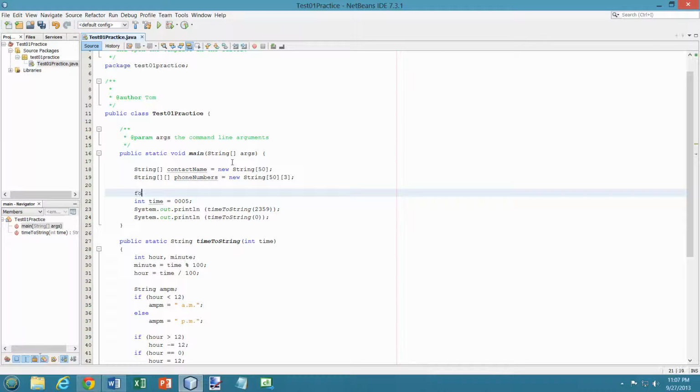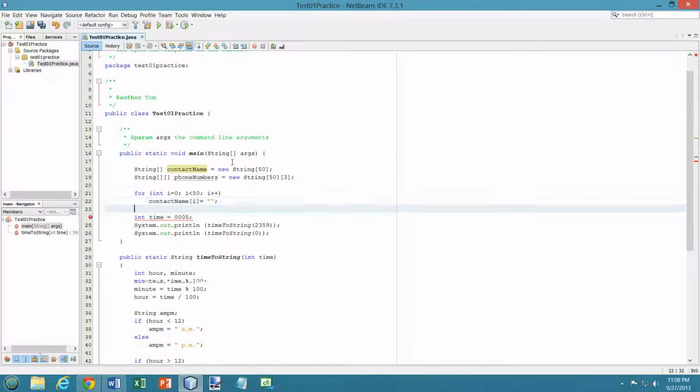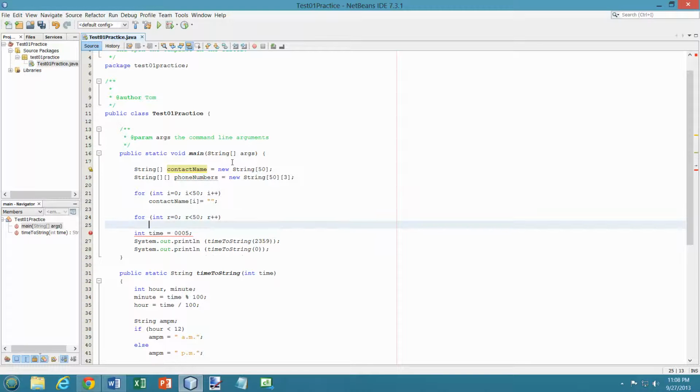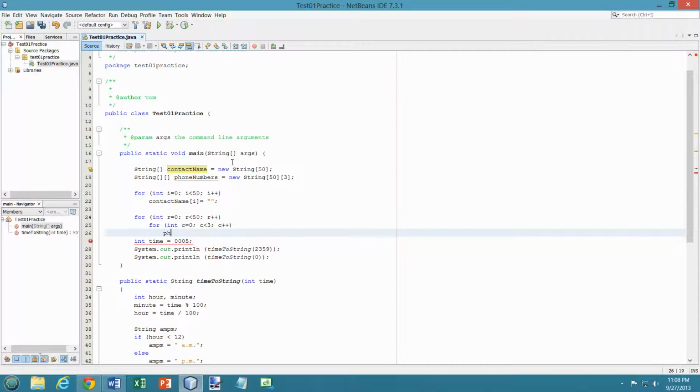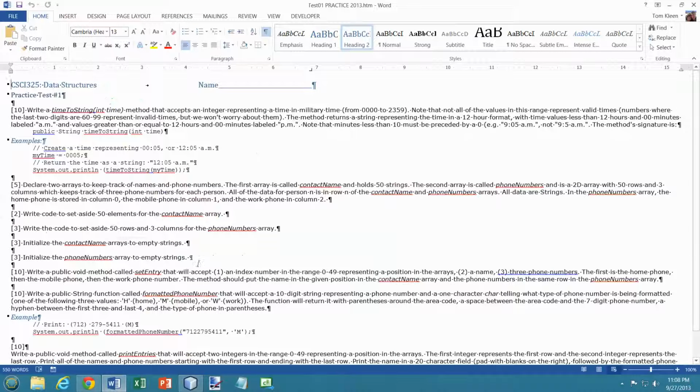I should probably use a named constant for that, but when you're doing a test, I don't really worry too much about that because you're kind of in a hurry. And with a two-dimensional array, we always have the standard nested loops here. And that'll initialize those to empty strings, okay? And now